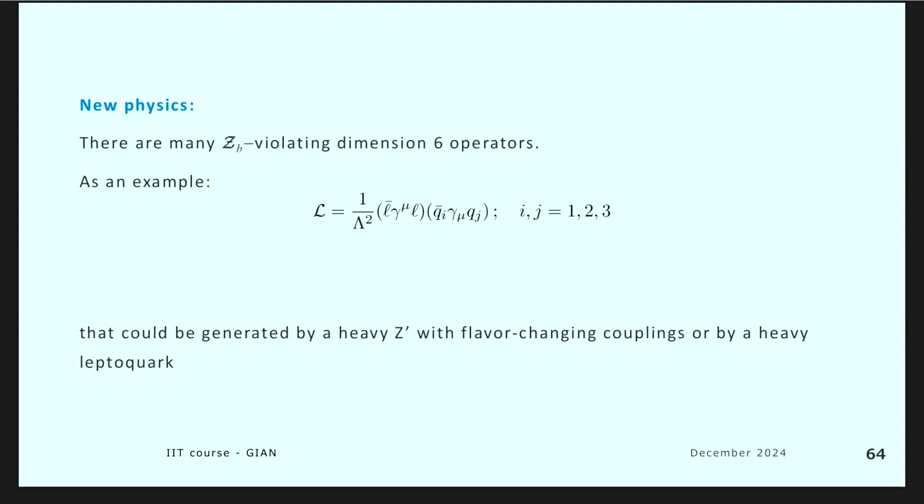I'm running out of time. I won't finish. So let me tell you what the new physics is, and then tell you what's going to happen, and then finish. There are many operators in the list that I showed you that violate this Z_B, many. And we chose one, a four-Fermi operator,